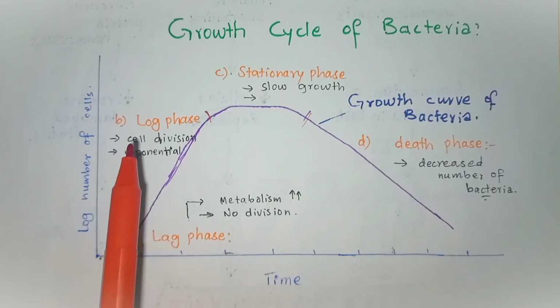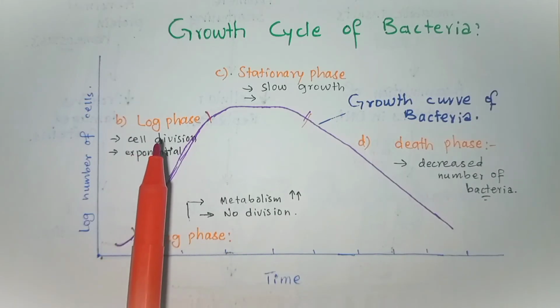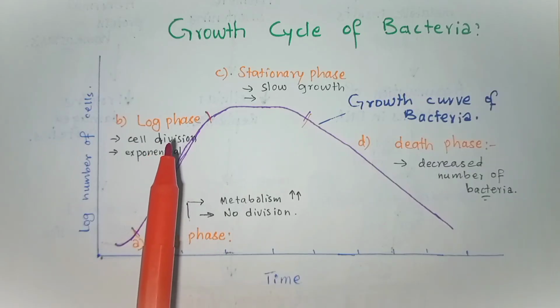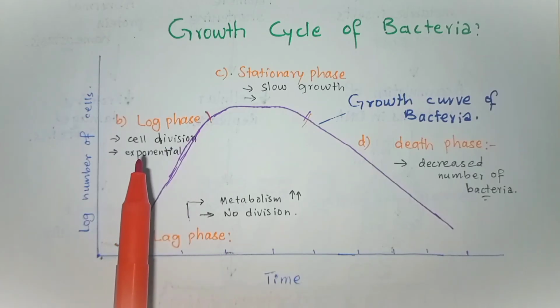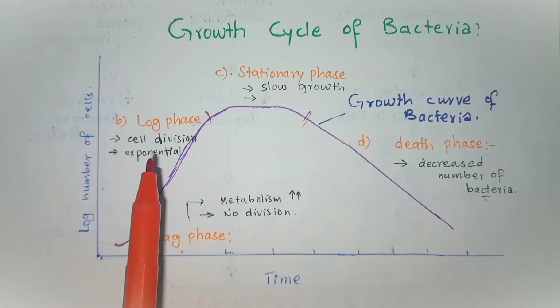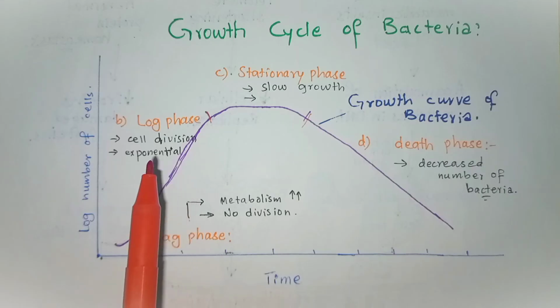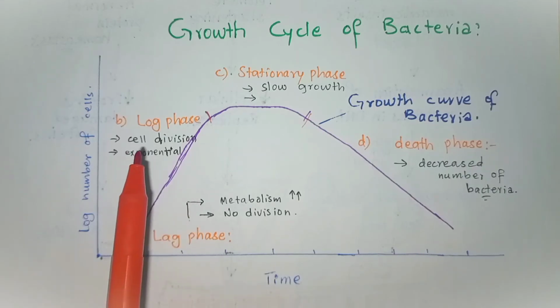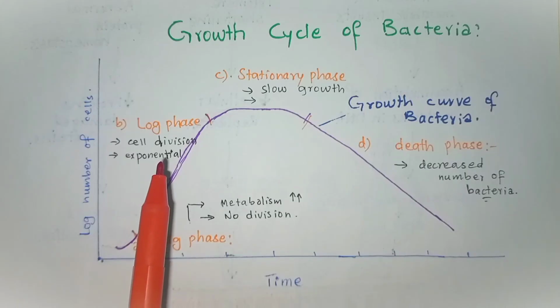After the lag phase, there is the log phase. The logarithmic phase can also be called the log phase. This is when rapid cell division occurs. Many antibiotics are most efficacious during this active growth phase of the growth cycle of bacteria because they act by disrupting the biosynthetic processes carried out by the bacterial cell during this active growth. So when they are dividing, the antibiotics can act on any synthetic process of the bacteria.